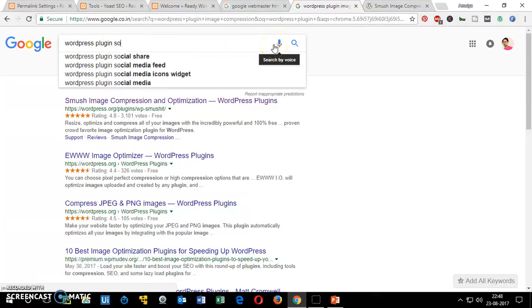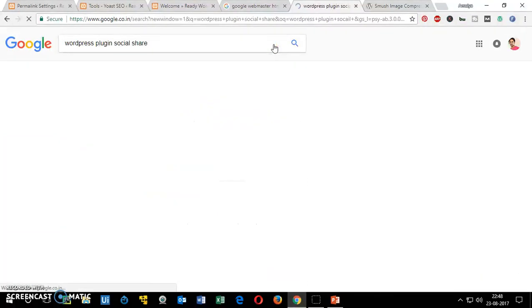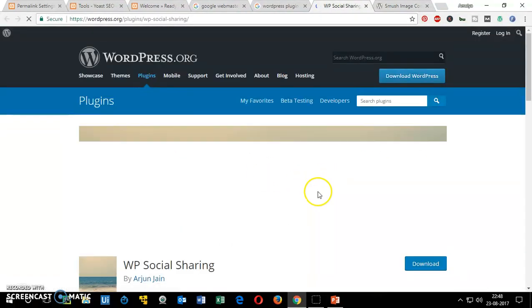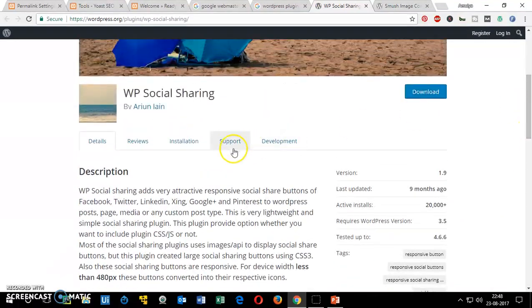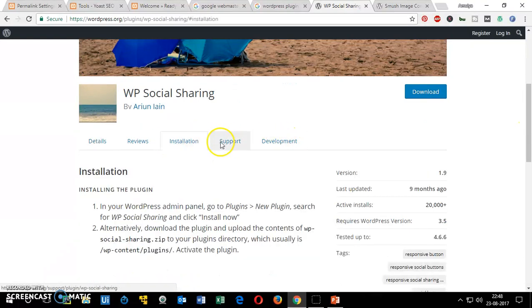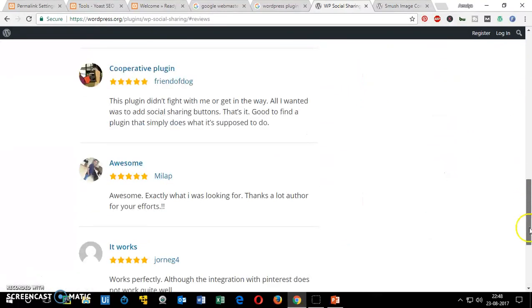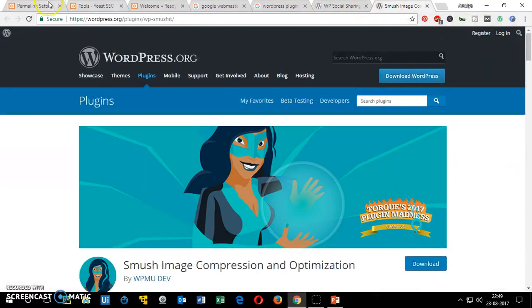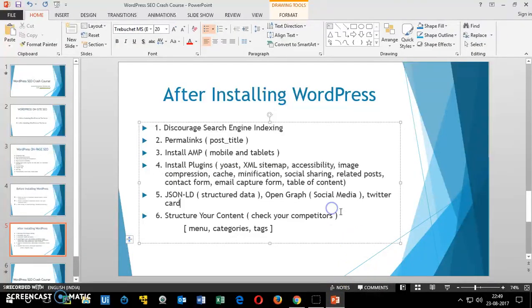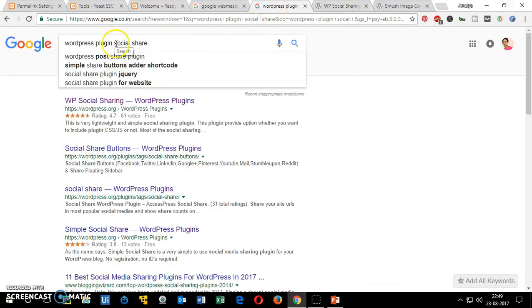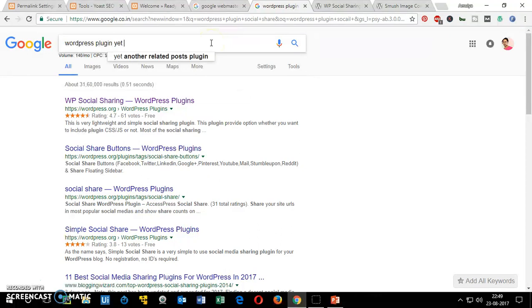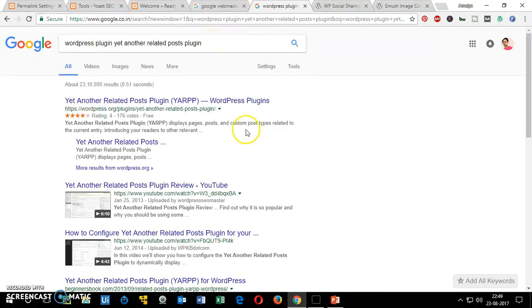social share. Let me go ahead and see WP Social Sharing. Let me see here. This is also a good one. You can see the good rating, so it's a good one. Let me see here. Awesome. That also looks good. Now let me go ahead and see here. Table of contents, very important. This is very good. Related posts, yet another related posts plugin. Let me go ahead and show you. This is a very awesome plugin, so definitely want